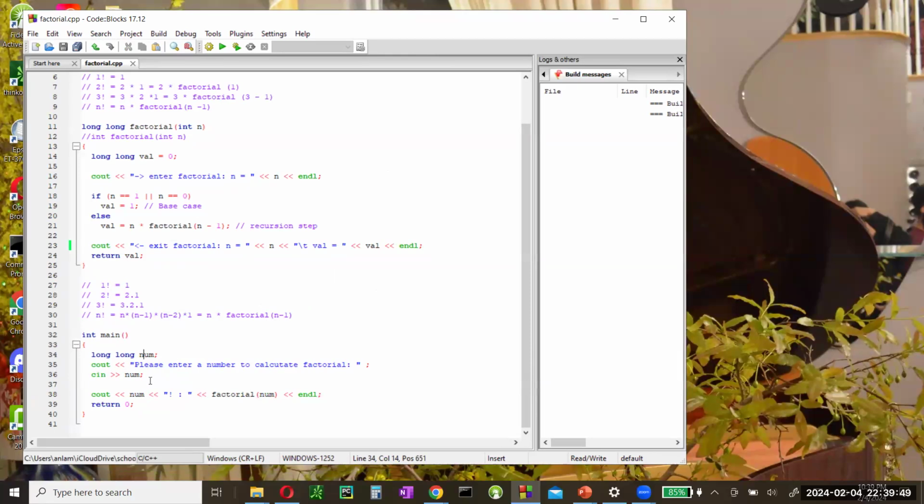You can do either, doesn't matter. And then I ask my user, please enter a number to calculate the factorial. Then I read in that num, and then I do cout of num factorial, which is the exclamation mark, and then I call factorial and I give it num. And then the factorial function will figure out what the factorial value is, and it will return to my main